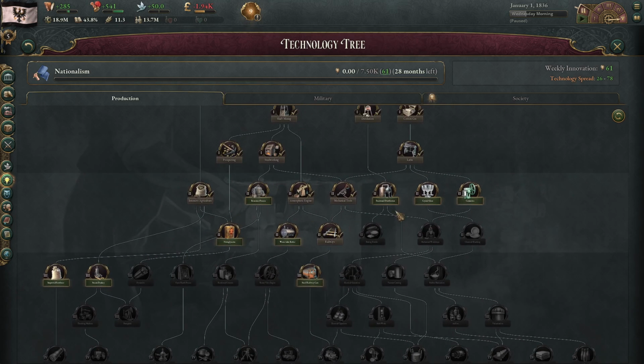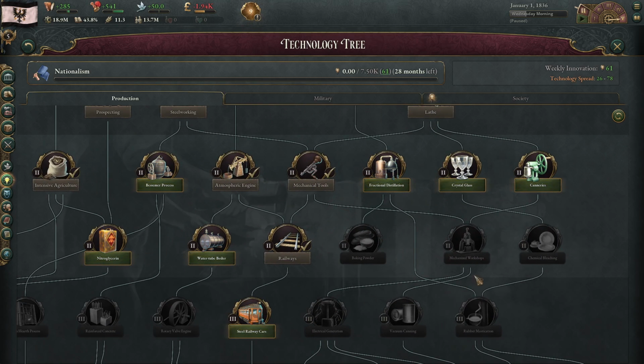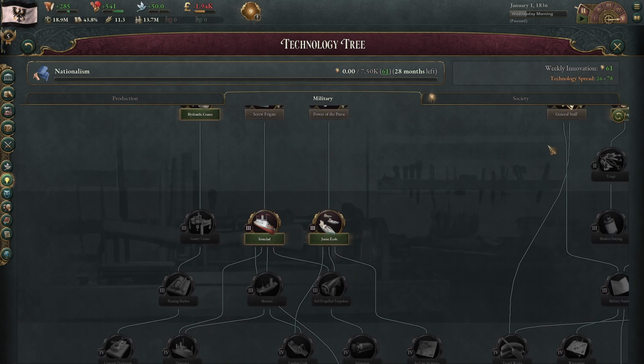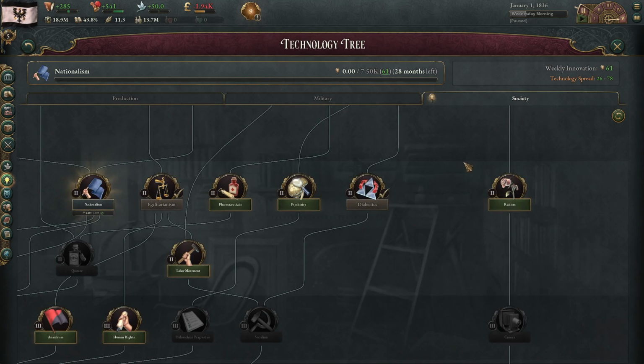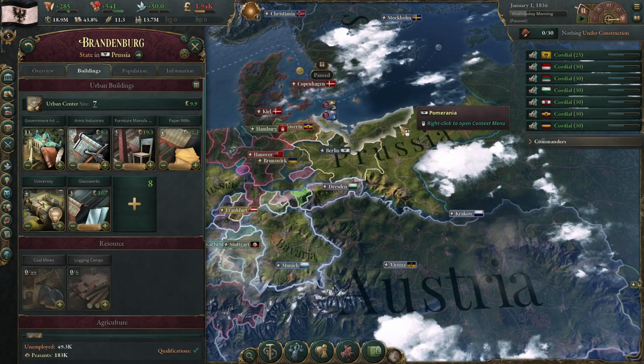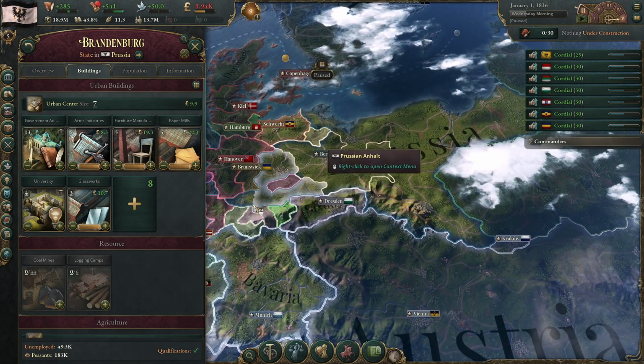Be aware that if you research a lower line of tech before you finish off each tier here, it is more expensive, making it actually beneficial to race through all of them. In terms of technology spread, let it spread through most of the military and the other society techs you don't need. In terms of focusing your universities, you can do it in